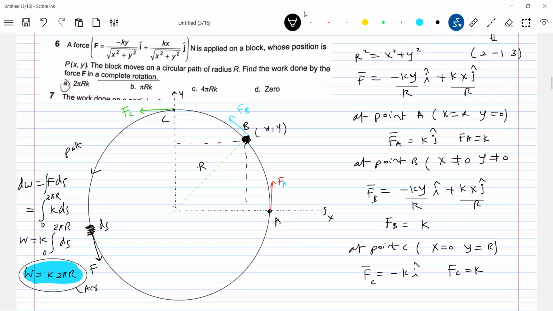Whenever you get an equation like this, you should give priority to understanding the nature of force first. Not the mathematics. Don't bother about integration, you can do it. Students directly come for integration, but you should look at the right side part. This is very important. You should analyze the nature of force: what actually the force is, how it is. Let's go for the next type of force.